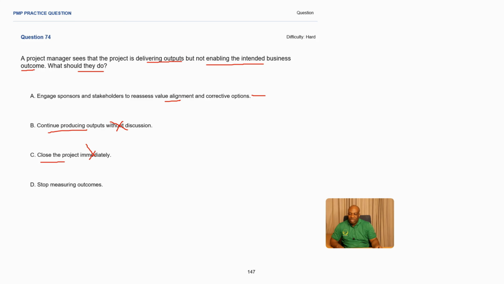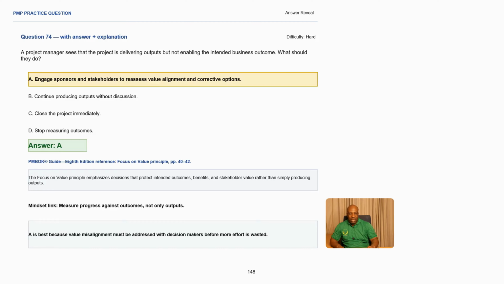Stop measuring outcome. You don't stop measuring outcome. You cannot do this in a project environment. So in this scenario, it makes A the best answer. You need to engage the sponsor and stakeholders to increase value alignment and also corrective options. So what is our reference to our PM book? You focus on value principle. What does it say? The value principle emphasizes decisions that protect intended outcome, which is part of our question here, okay? And stakeholder value rather than simply producing